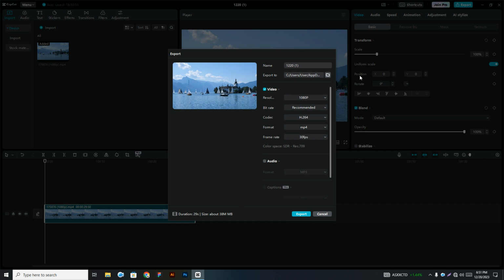So you can see name, you can change your name. You can see resolution. Basically this one carries your quality. You can see 4K or 2K and 1080 pixel. You can save in 4K, and after that you should keep this one. And mp4, like mp4 is best, and 30 fps. You can increase the frame rate if you want, but